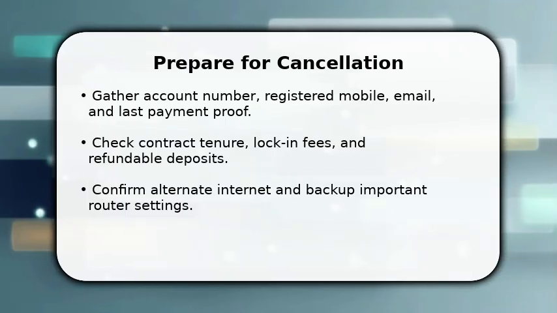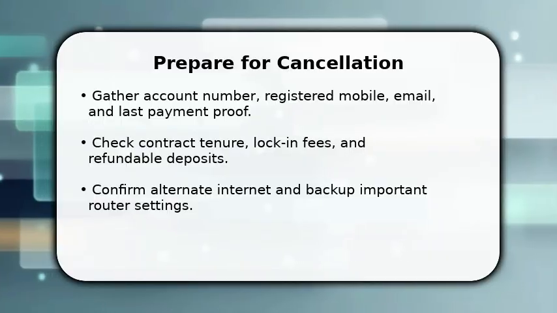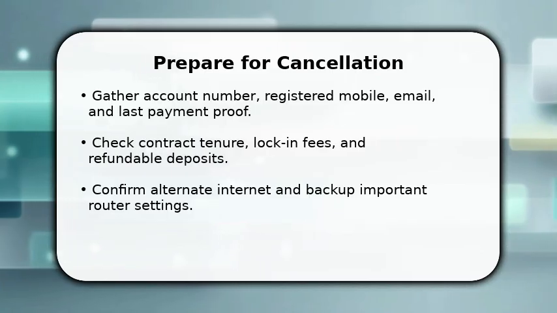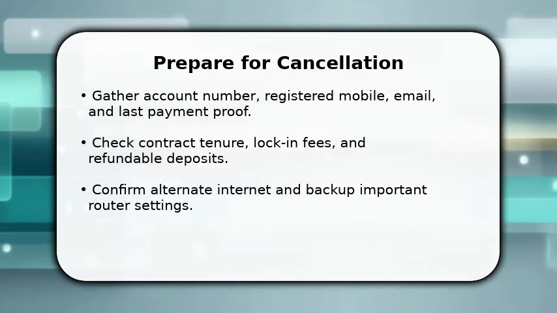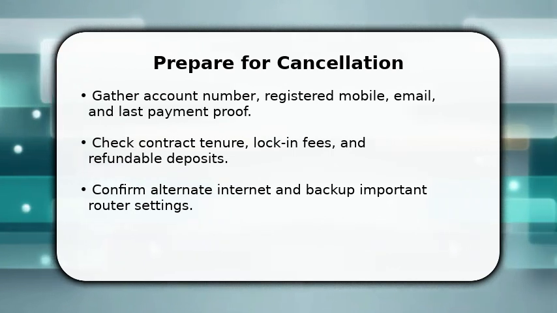You start by confirming identity and obligations so the termination goes cleanly. Call Jio customer care from the registered mobile, provide account number, and ask for account closure initiation. Once done, request a unique reference ID and estimated final billing date so you can track progress. Make sure to note any early termination fees or deposit adjustments. This prevents surprises. You do this now to create an auditable trail and to protect refundable amounts before moving to